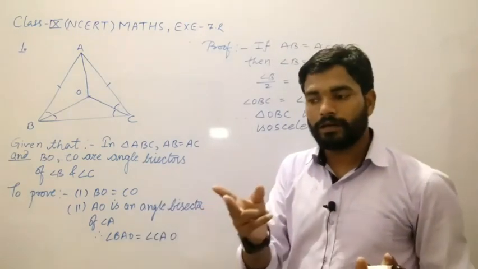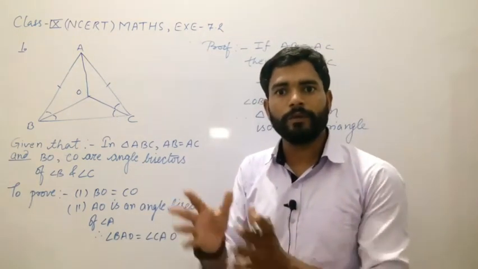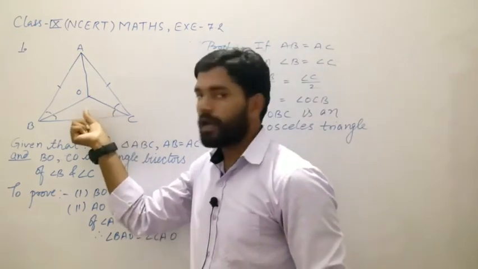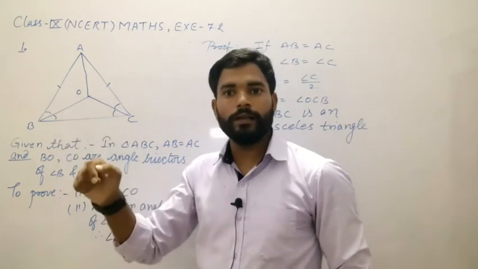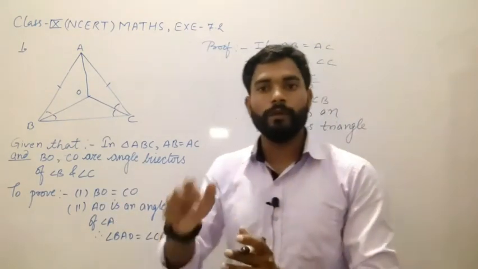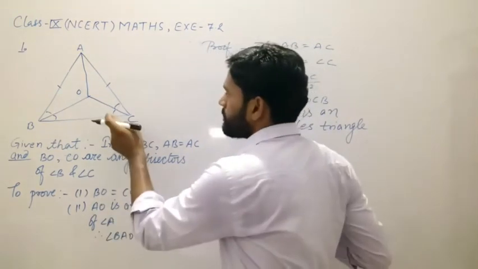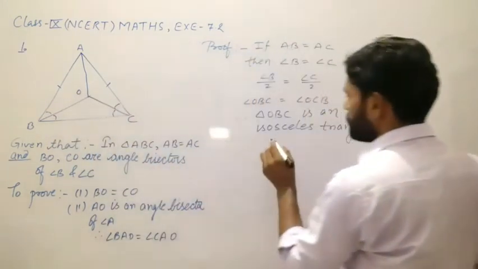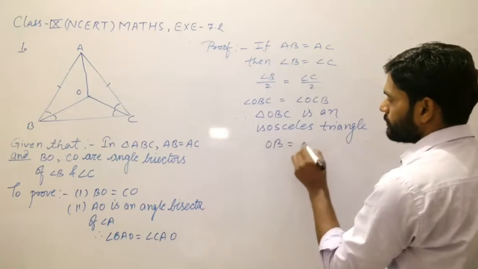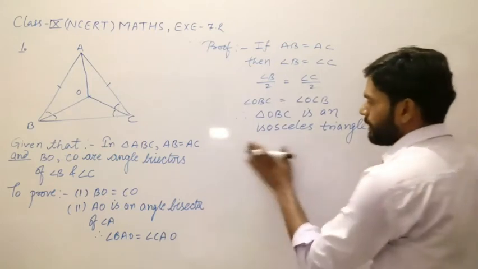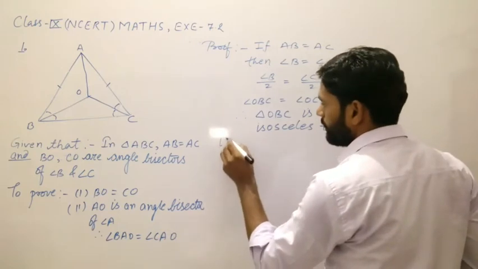मैं अभी रिसेंटली जो अपन ने थ्योरम 7.3 डिस्कस किया था वो थ्योरम यूज लूंगा यहाँ पे। अपोजिट साइड ऑफ इक्वल एंगल्स इन एन आइसोसेलेस ट्रायंगल विल बी इक्वल टू ईच अदर। तो ये दोनों इक्वल एंगल है, इनके अपोजिट साइड इक्वल होंगे, इट मींस OB इज इक्वल्स टू OC। बात समझ में आई? यहां तक रीजन लिखता हूं यहां पे, देन